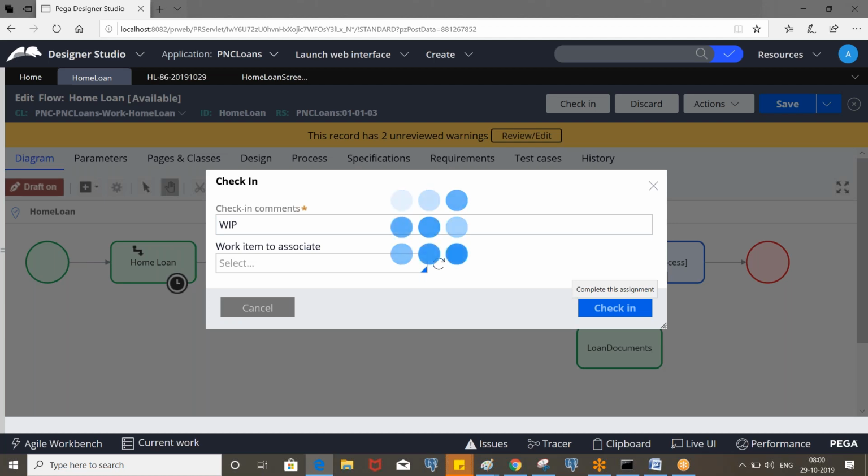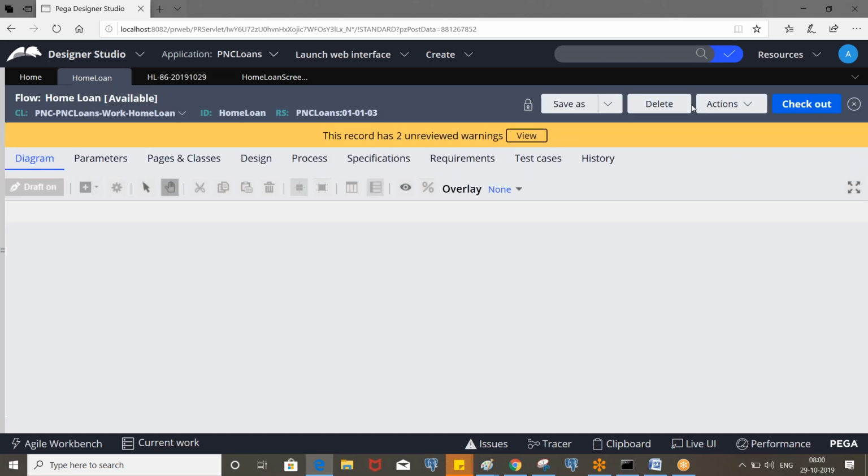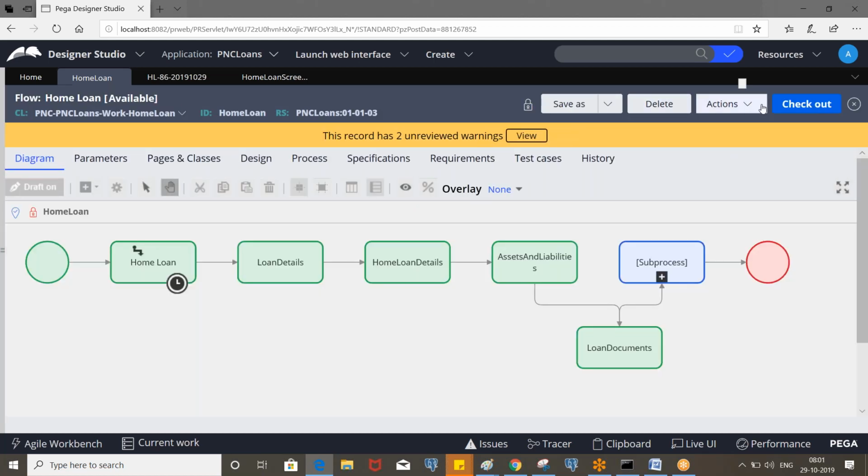What we can do is save as into the highest version, like you create 04, and in the 04 you remove all these assignments and put the screen flow. So the 03 still remains with all the assignments, and you can refer to that later if you want.